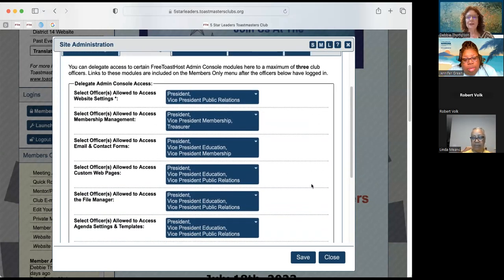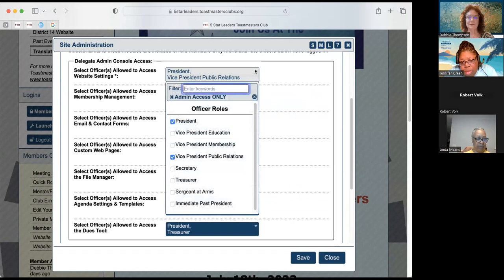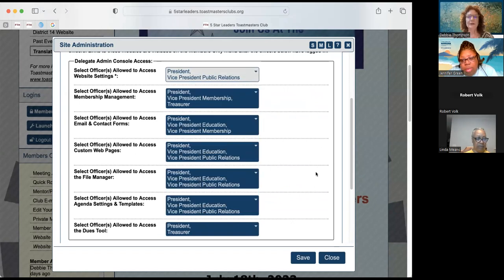This is where you can give access to certain club officers, and this is only officers. This doesn't have members, but officers, up to 3, can have access to different things. So your website settings, that's pretty much all the tabs we've looked at. You can give other people access.